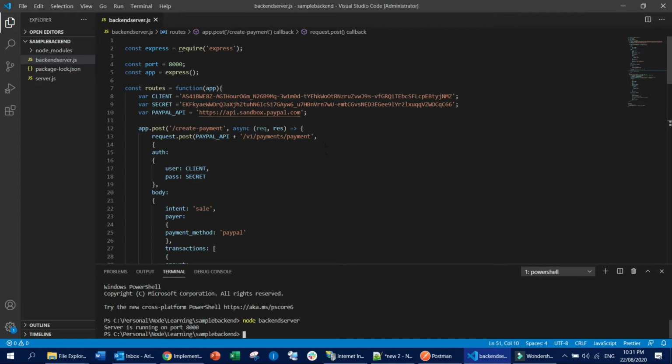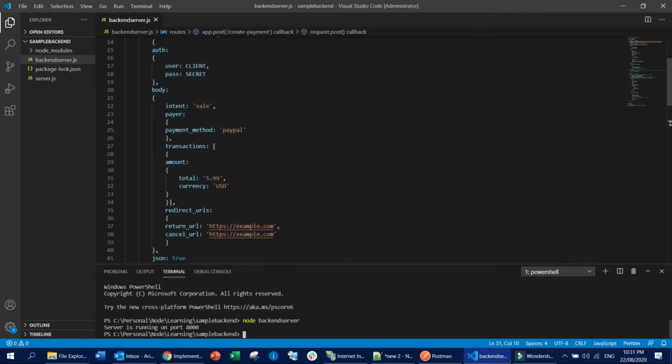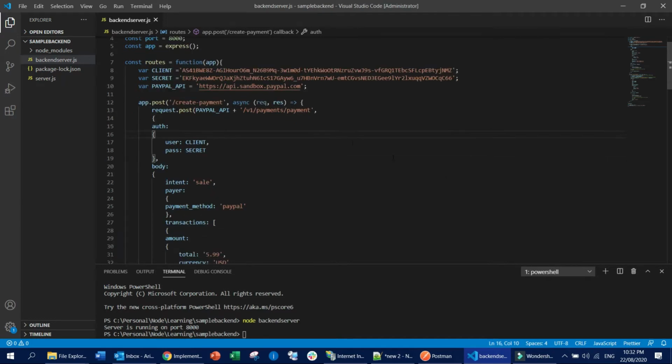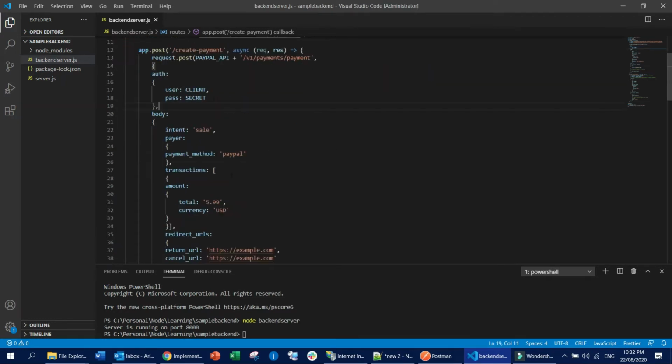What it has, basically, if you see the create payment, we need to clarify this one a bit. It is calling the PayPal endpoint here, and obviously this client ID and secret are there, meaning PayPal will understand who actually owns this credential, and based on that information PayPal is going to do all the necessary transactions. Here it also has different things. It has a body object, and inside the body